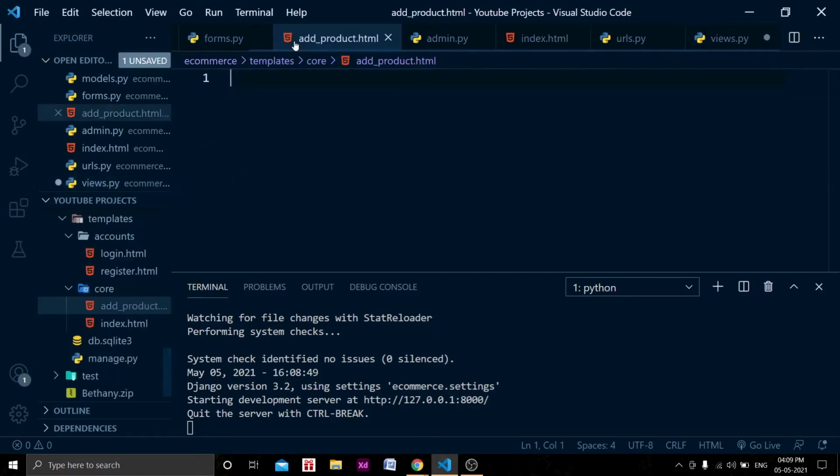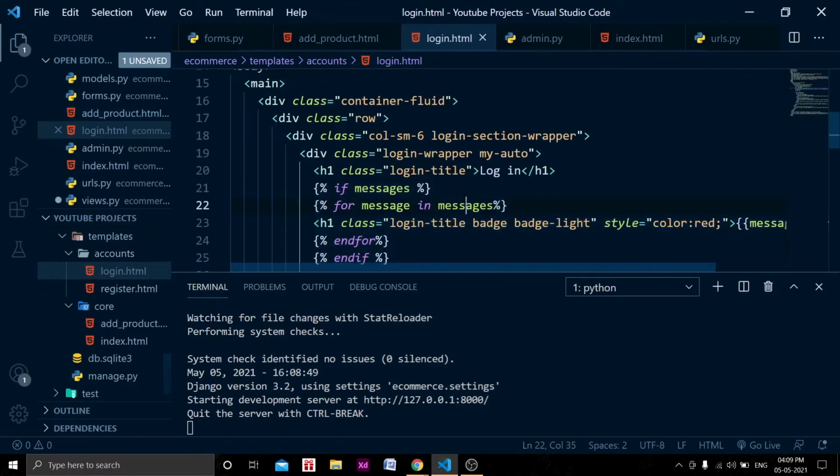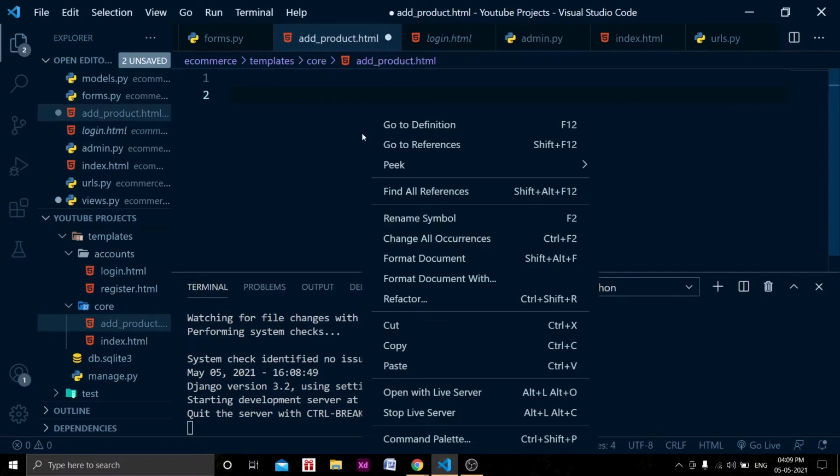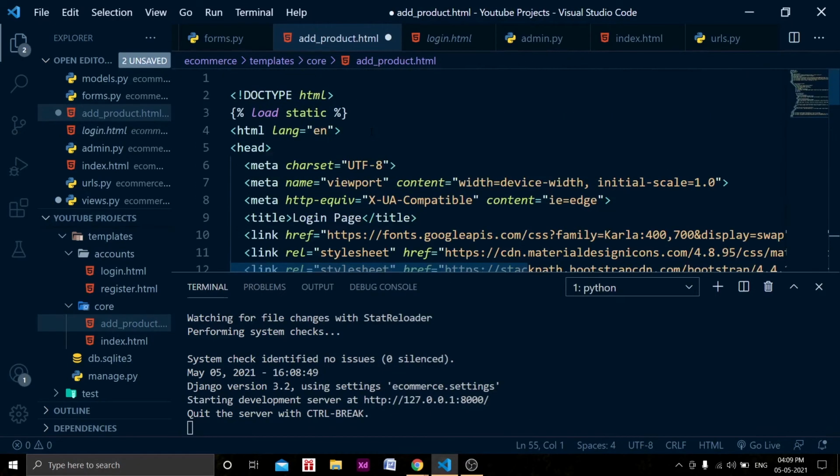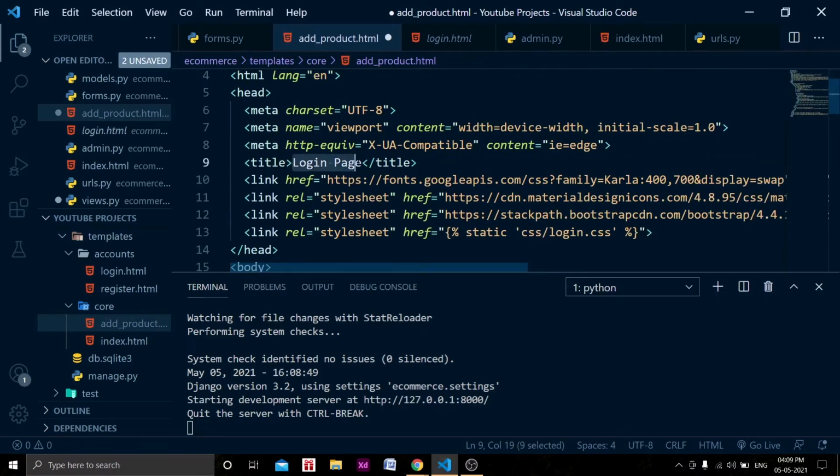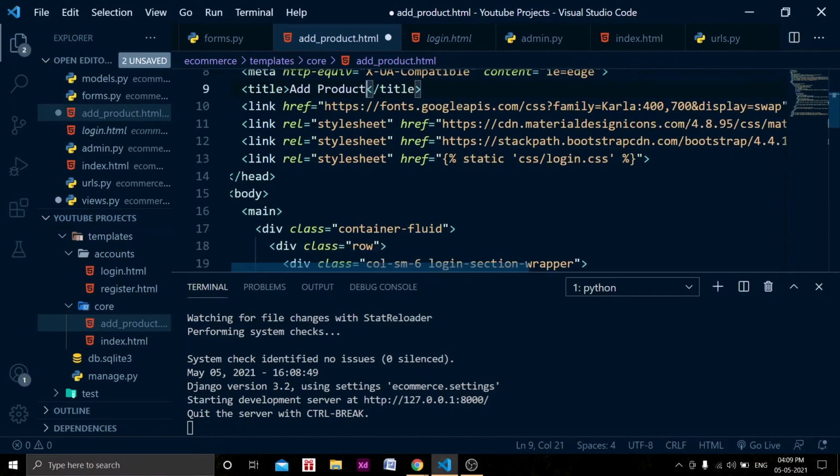In the add product HTML, what I am going to do, just open that login page, copy this one and paste it. Right, so this will be the add product page.